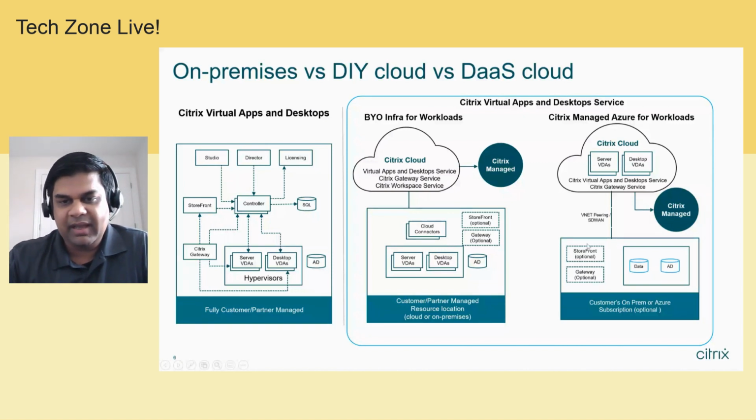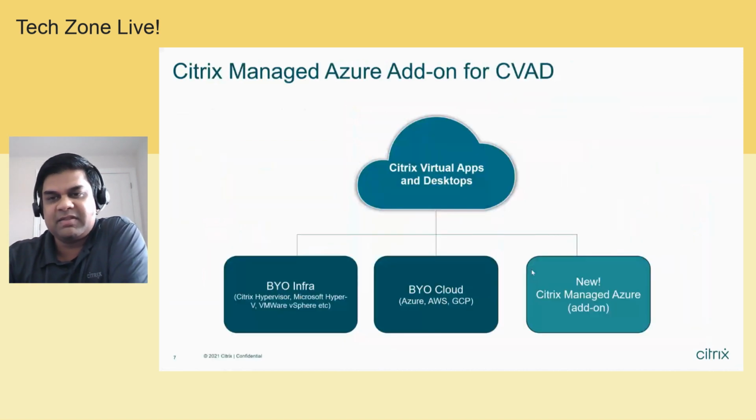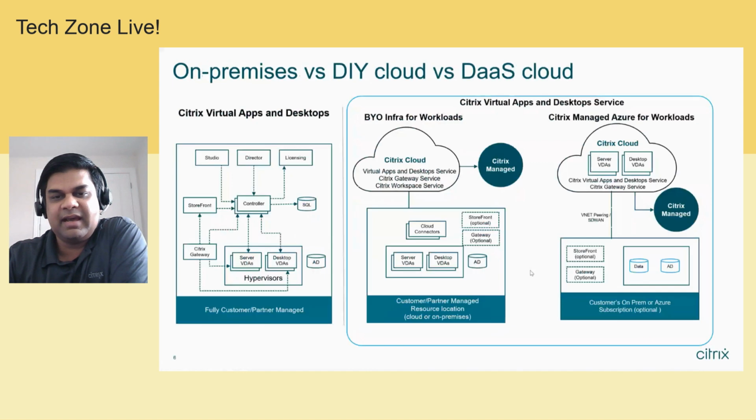If I look back at the slide, some people get confused. Okay, you're saying DaaS is available at Citrix, that's great. But when I look at this diagram, is it two different solutions? Is it one CVAD site with my own infrastructure and another CVAD site with these VDAs? That's not the case. I'm just showing you how it differs with the various deployment models. Technically, your architecture could look like something like this.